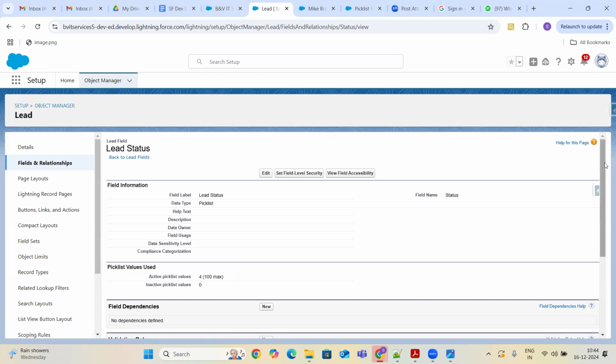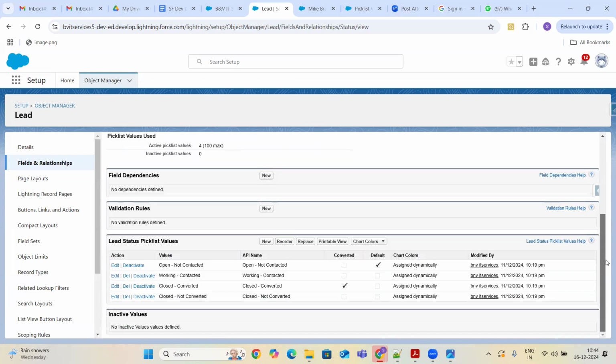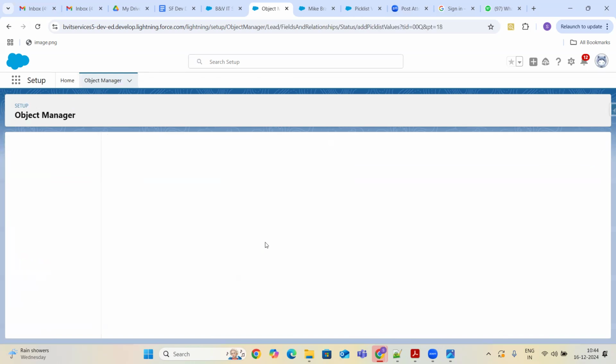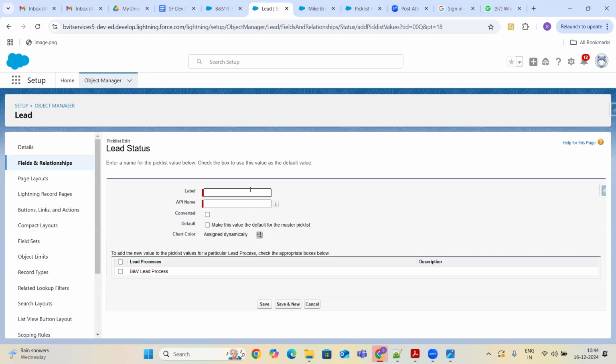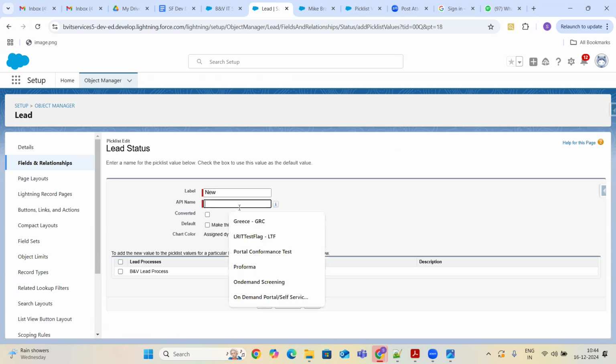This is our lead status field. Right now it has four things: open not contacted, working contacted, closed converted, and closed not converted, right? Now I am going to add the new field. This is the new one, and I have created a lead process, right?